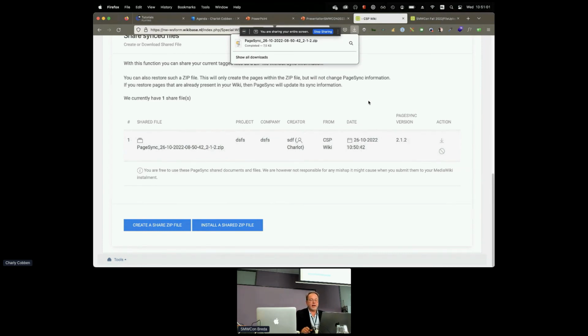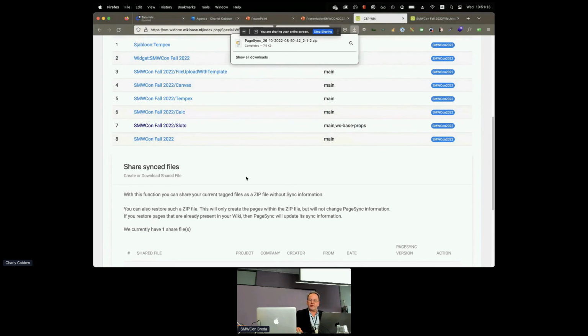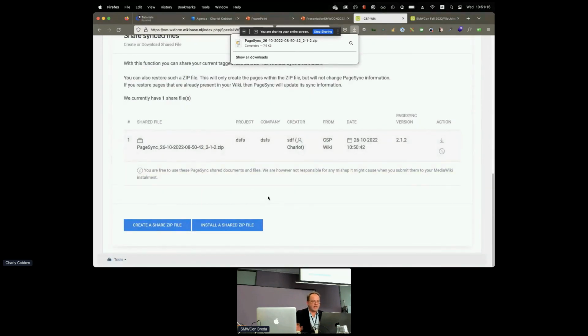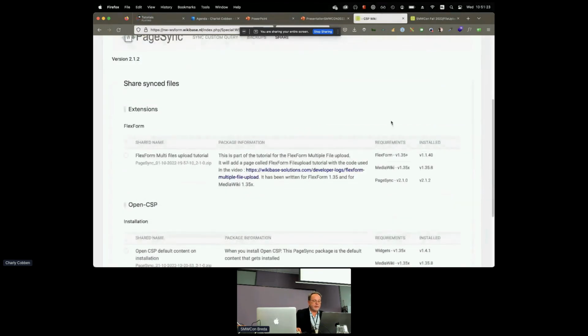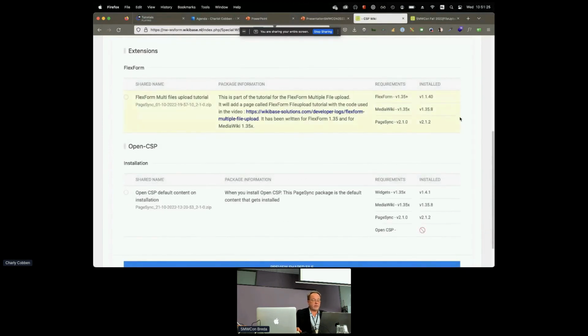The reason is security, basically. Now, I'm not expecting 100 million people to start sharing PageSync zip files, but just in case, there used to be an option here where you can just upload one of those files, but we thought of security. But there is an install shared zip file option. So what we've done, we've created a GitHub repository where people can add their zip files. But because they need to add it to the repo, we have a hand in there just to make sure that it's a legit and a logical